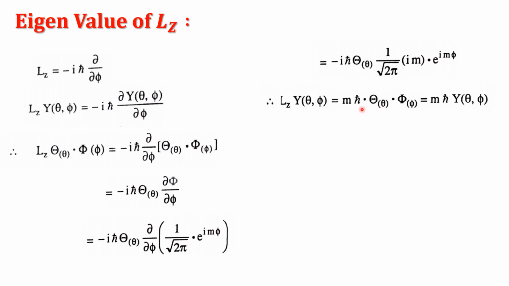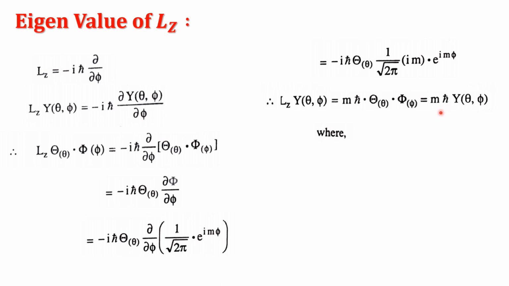Therefore, m h cross into Y theta phi, since theta and phi are the two independent terms we write for function Y. Therefore, m h cross into Y theta phi we write for Lz Y theta phi,